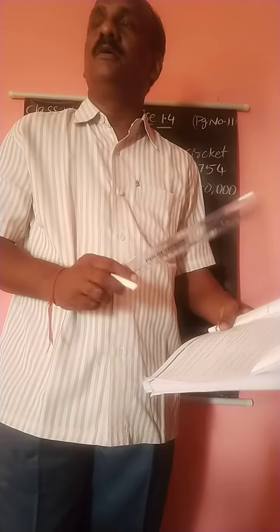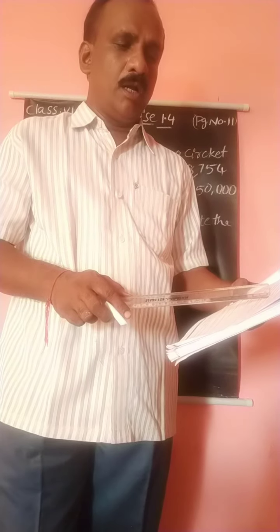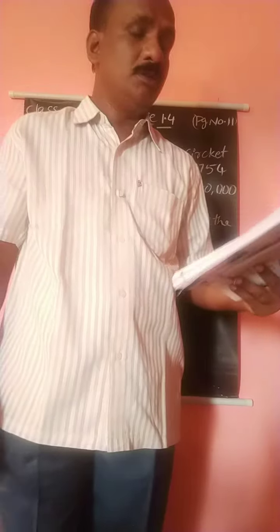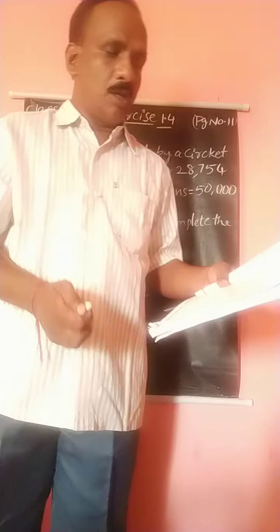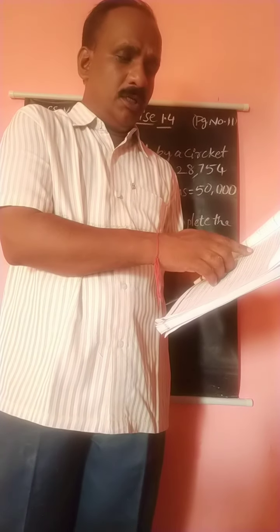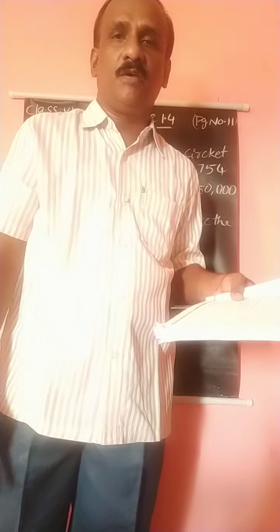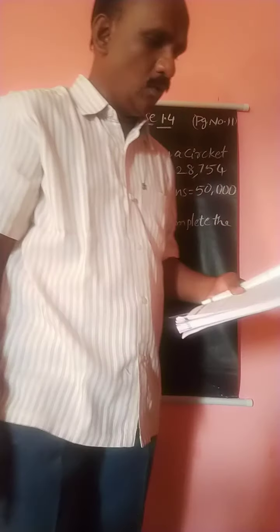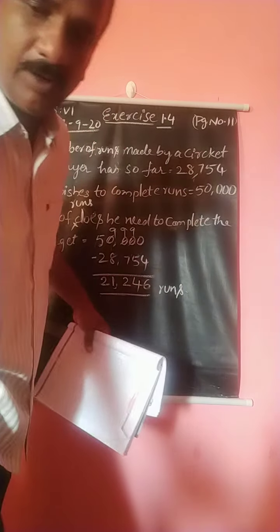This is homework. The winning candidate got 1,32,356 and the rival, that means the defeated candidate, got 42,246 votes. Then his majority is what is asked. Subtract the defeated candidate's votes from the winning candidate's votes to get the majority. Same, this is also subtraction. You can do it. That is homework, the 6th problem. Then I will go for the 7th one.